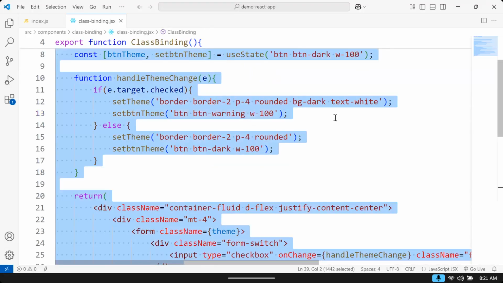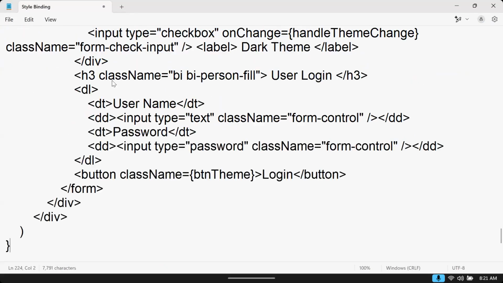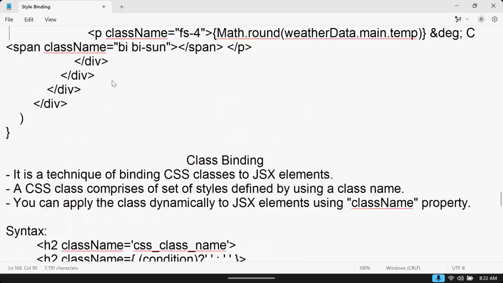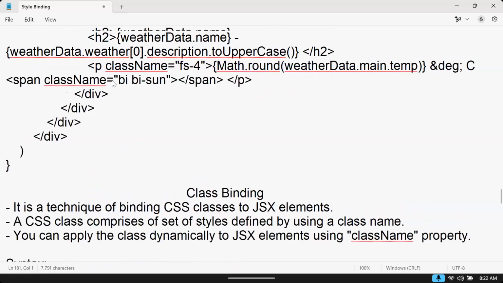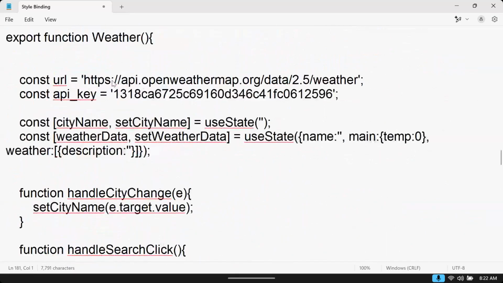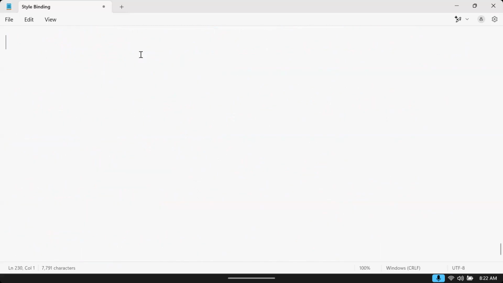I will copy this and we are applying this. This is another example of what? Class. So we have two important options: one is style binding, another one is class binding. Now once you know this, we can implement it in our examples. Let's see our events examples. As I already discussed about events, we will first see